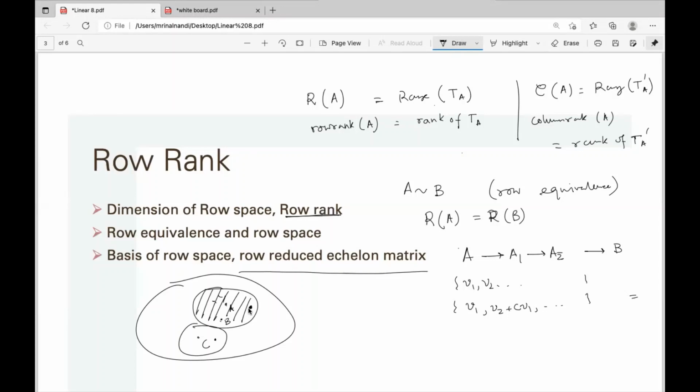And the row reduced echelon matrix actually gives the basis, because all the non-zero rows will give you the basis. The non-zero rows of the row reduced echelon matrix form a basis, and you can easily find the rank. The only thing you have to prove is that the row reduced echelon matrix always exists for a matrix, and that we already proved. Not only its uniqueness, you have to find the computational procedure also.